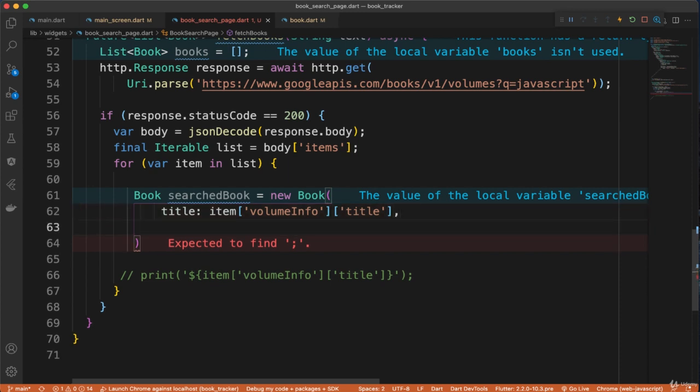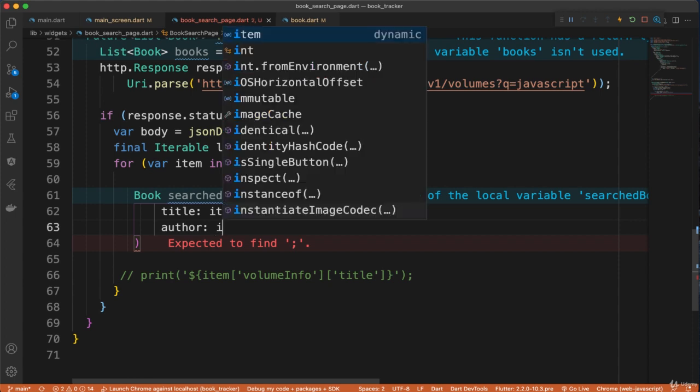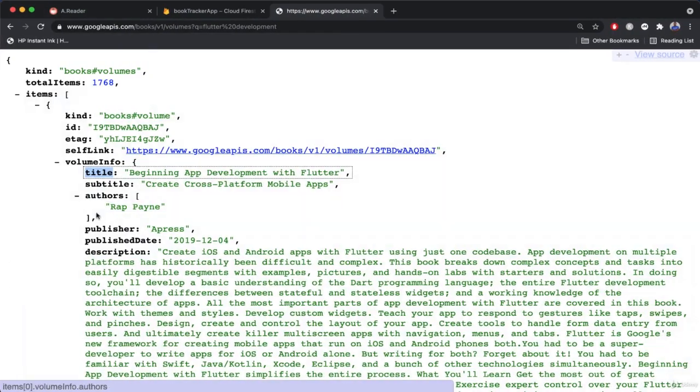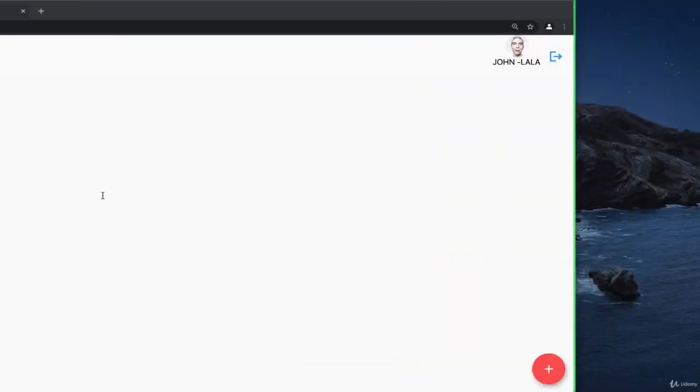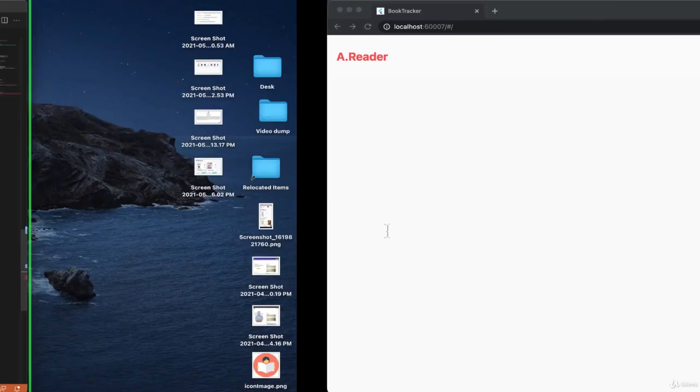And I'm going to continue with other types. Let's say author, do the same thing. Let's just copy this author. Just make sure that we're doing the right thing. It's authors. Okay. So if we're talking about just authors, what we want to do, because